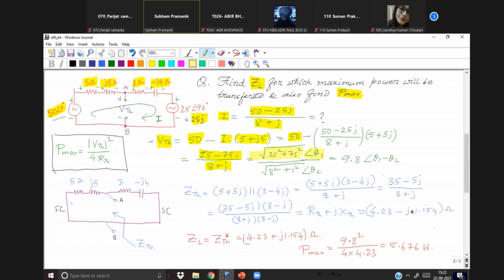Remember, to find the total power, what do we need? We just need mod VTH. So that means only the modulus part. Whatever be the angle, forget it. For 8 plus J, the corresponding modulus will be